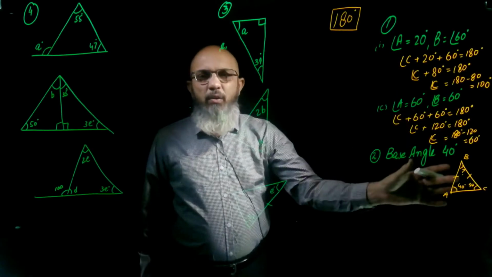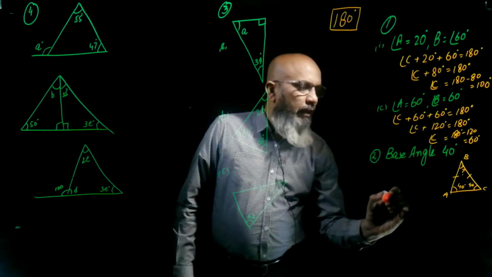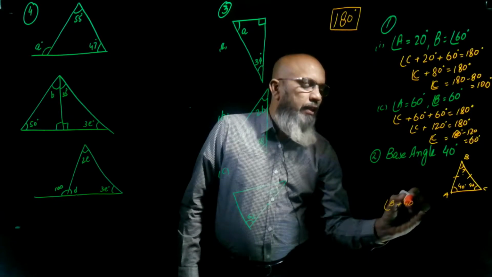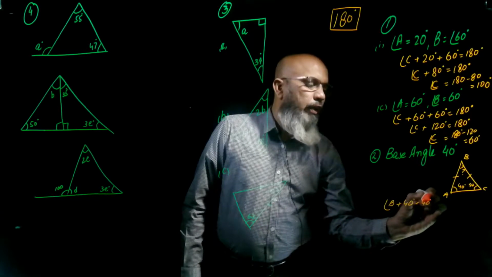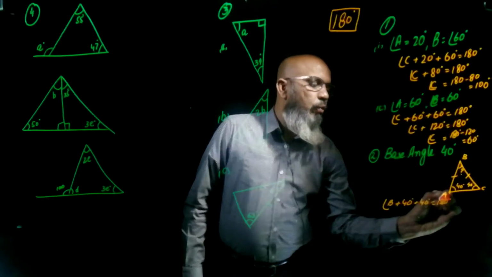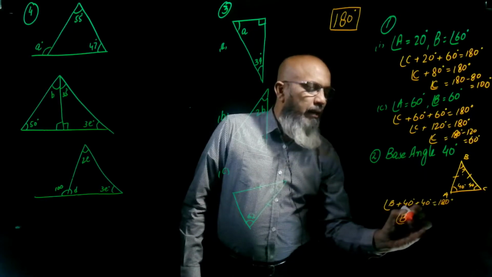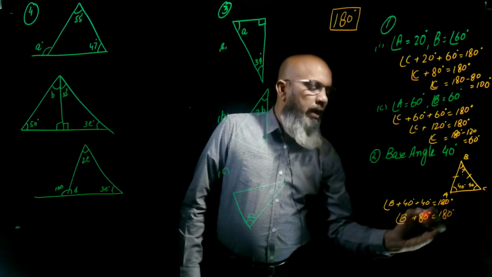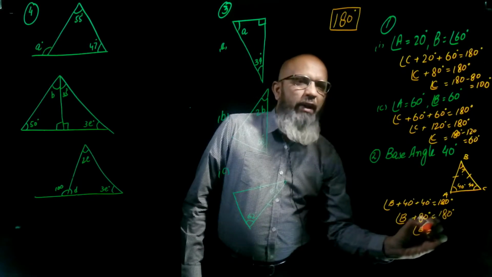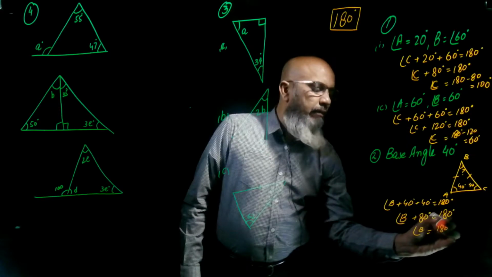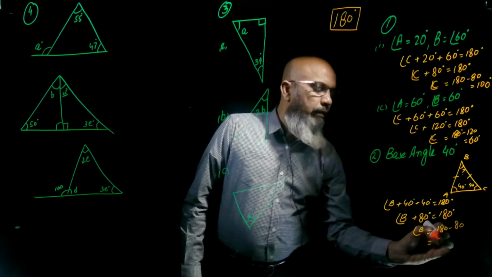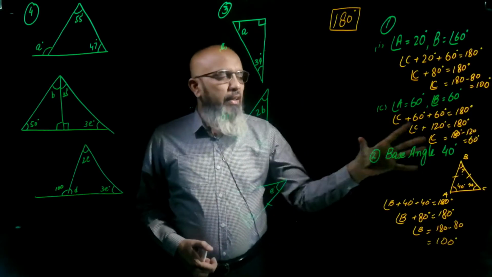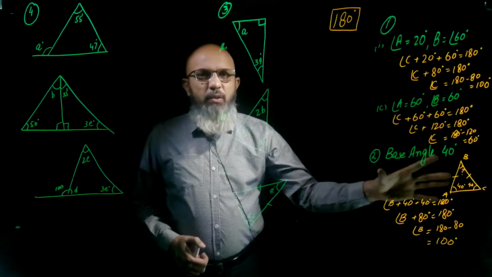Similarly, you can make your equation like this. What is the unknown angle? The unknown angle is B. So angle B plus 40 degrees is equal to 180 degrees. So angle B plus 80 degrees is equal to 180 degrees, and when you move 80 to the other side it will become negative, and by subtracting we will get our answer, that is 100 degrees. So, clear? This is a question on an isosceles triangle.